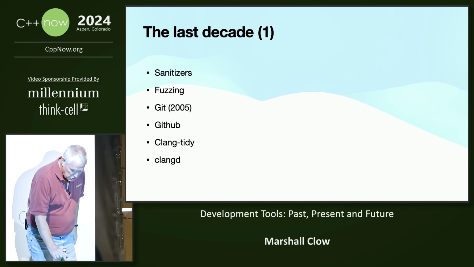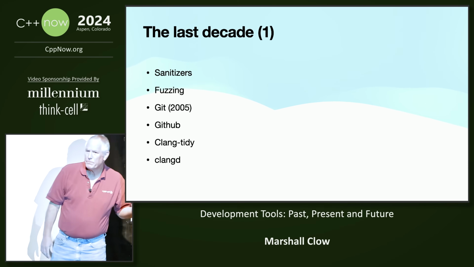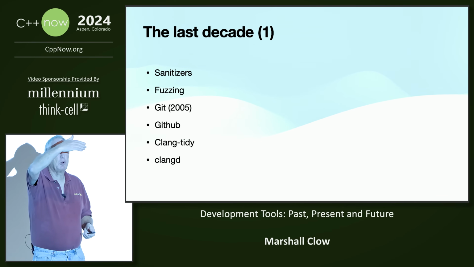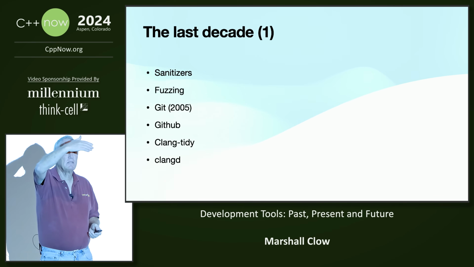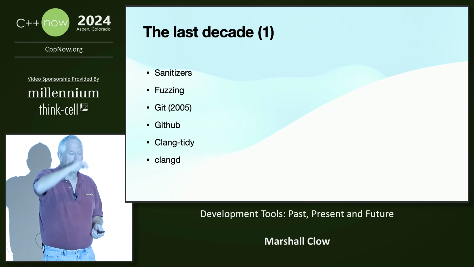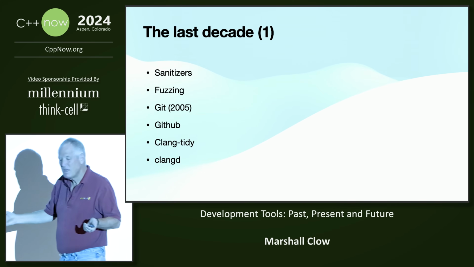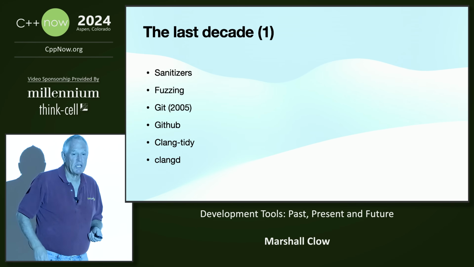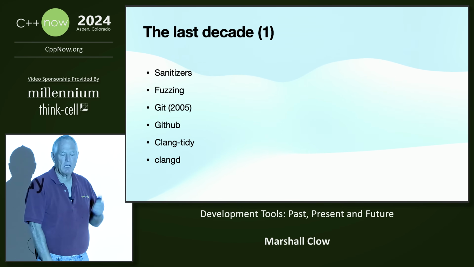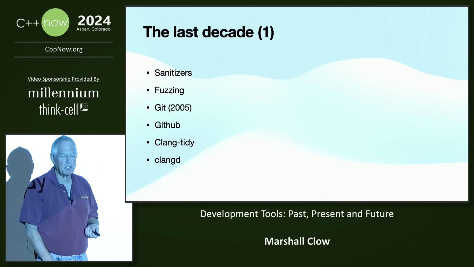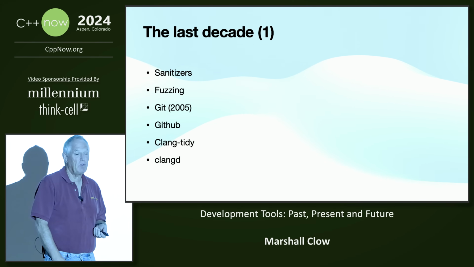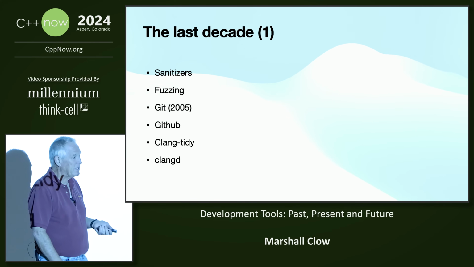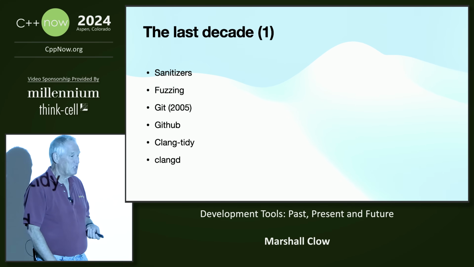Clang Tidy is a tool that came out of the LLVM project. How many people don't know what Clang Tidy is? Oh, good. It's a great place to write tools that check things about your program that the compiler wouldn't catch. Maybe you have in-house coding styles. Maybe you've identified a mistake that you see people making a bunch. It's not hard to write a Clang Tidy tool that catches something.